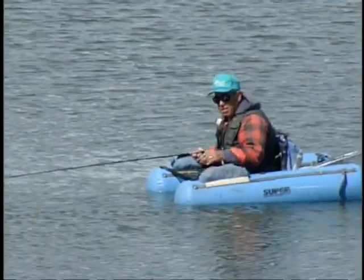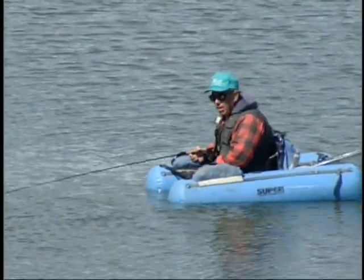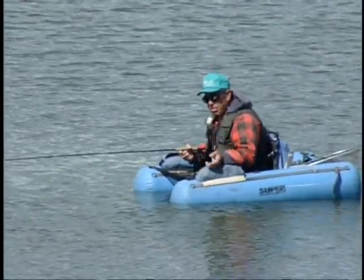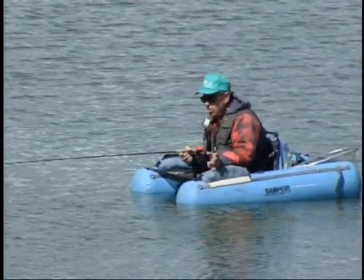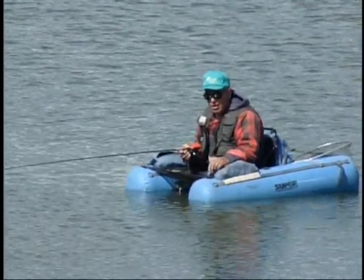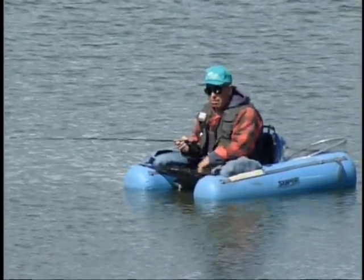But the main advantage of this boat is that we can cover water. You can move, and you don't have to worry about anchoring yourself, because if you're in a boat and you put an anchor down, you're restricted as to where you can go and you lose mobility. But we can move around here in this type of boat, and I think that's a big advantage for fishing